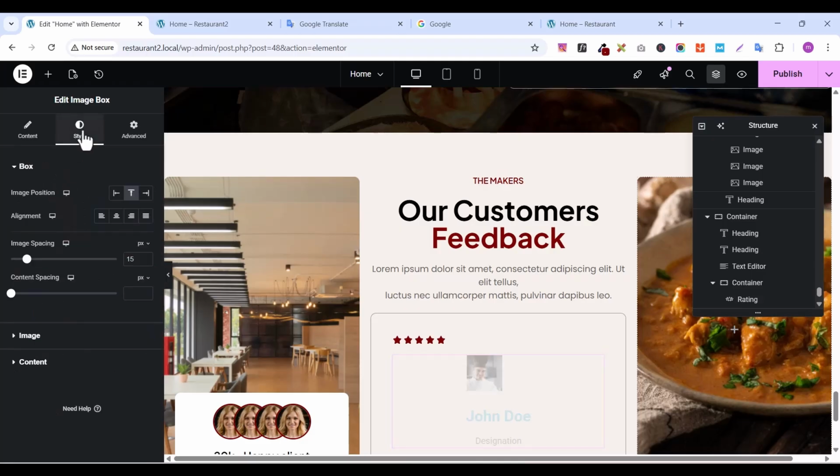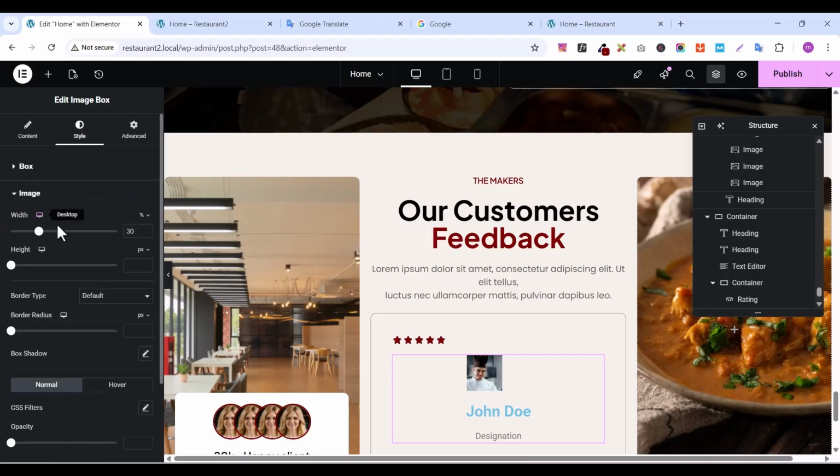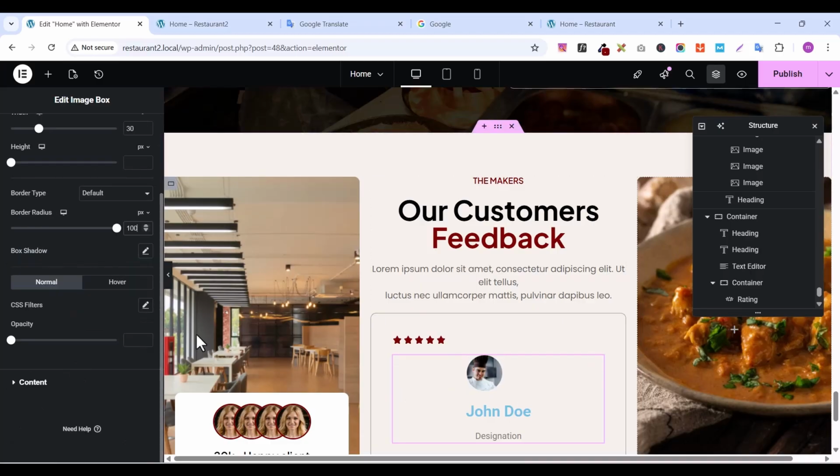Let's go to style and start styling this. So on the image spacing, let's make it 6. So let's come back here on the image percentage. Let's leave it the way it is. Height, let's leave it. Border radius, make it 100, like this. So from here,